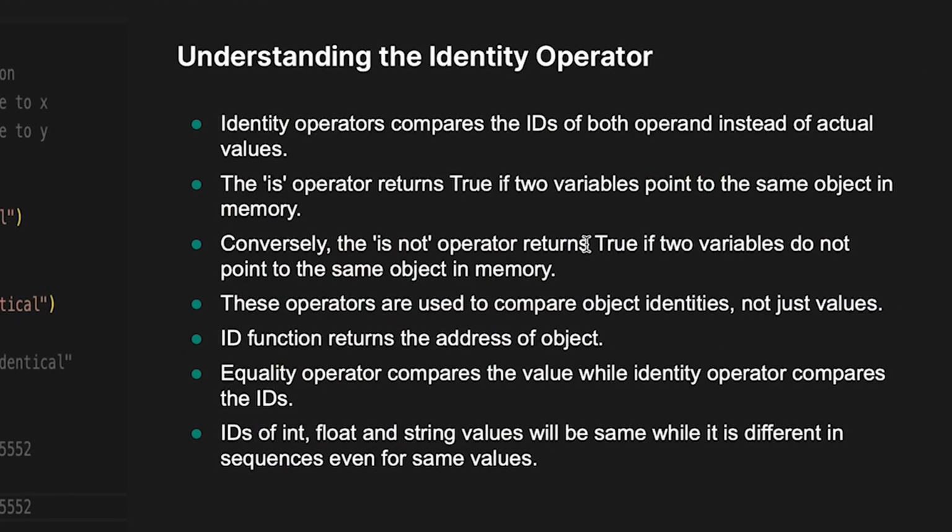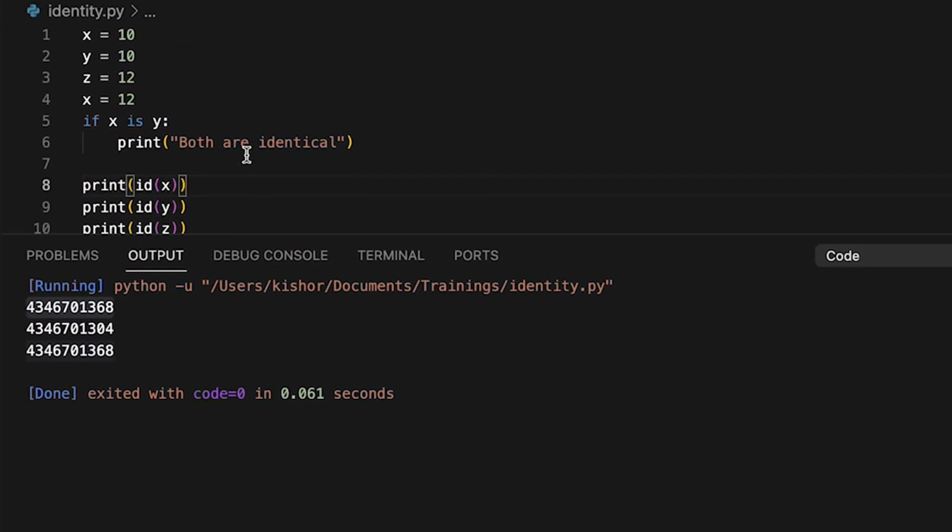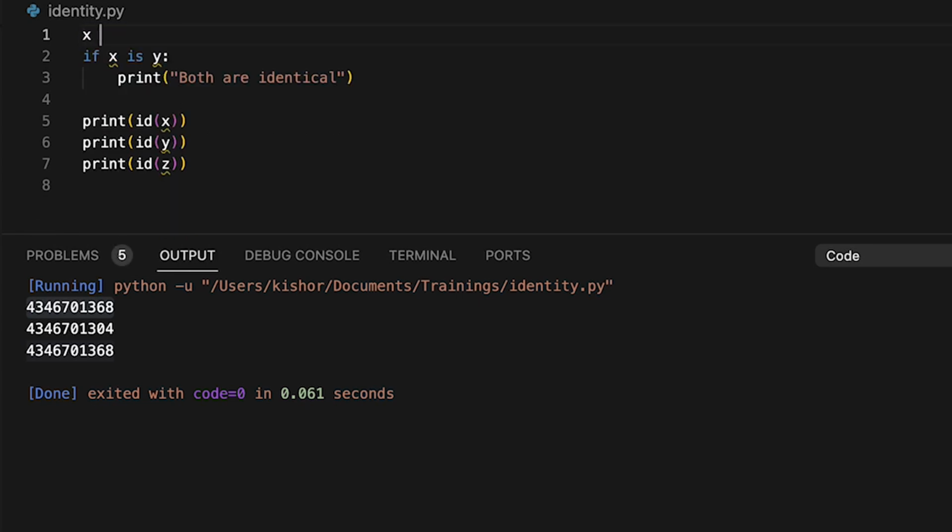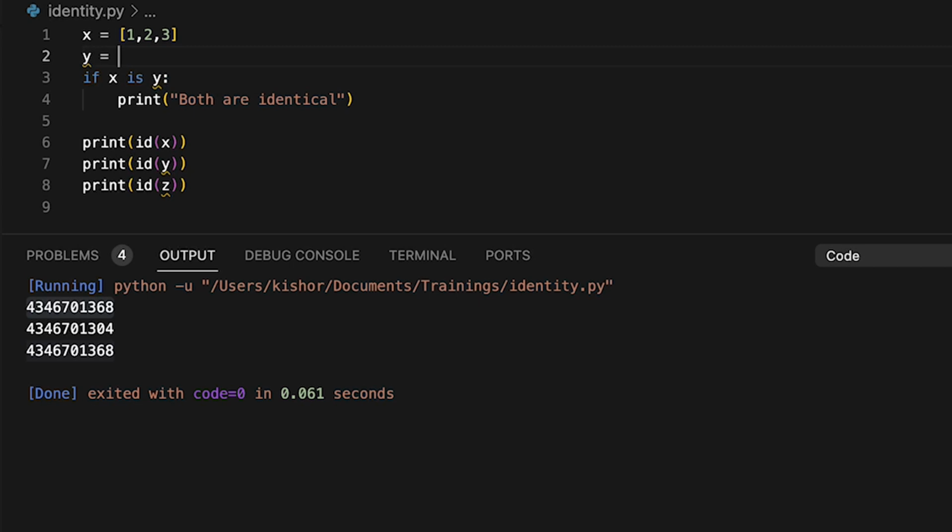The is not operator returns true if two variables do not point to the same object, exactly opposite to the is operator. If you still have any doubt, let me give one more example. So this will be applicable to all immutable data types. If you declare x is equal to 123 and y is equal to again 123,